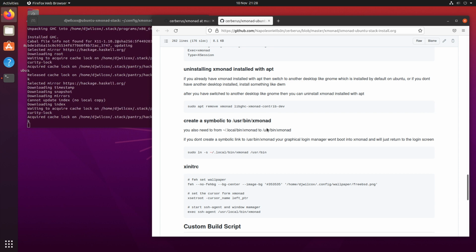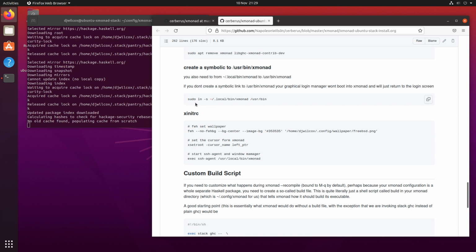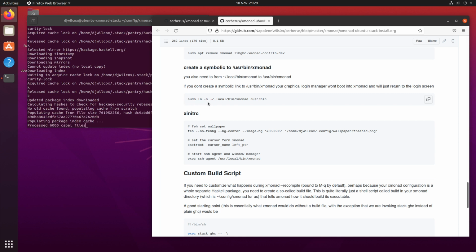And then finally, what we do is we create this symbolic link. So sudo ln -s from the source, which is our home directory, ~/.local/bin/xmonad, to /usr/bin. Now, you would sometimes think that the symbolic link should be /usr/bin/xmonad, but then that creates a sort of nested link. So the link would actually be /usr/bin/xmonad/xmonad. So that's why we leave off the name here,